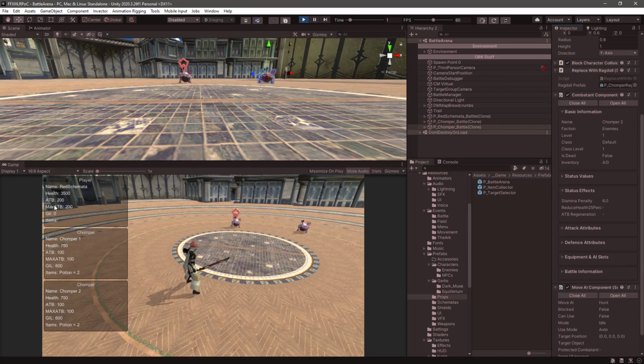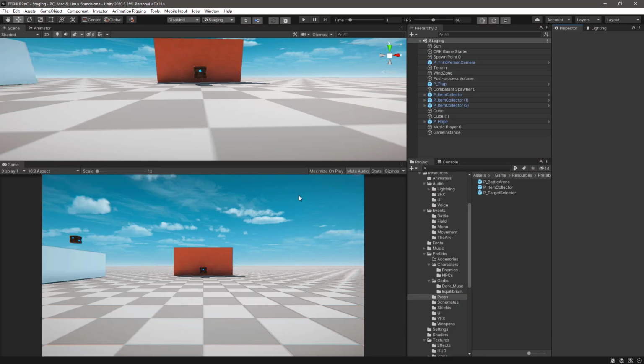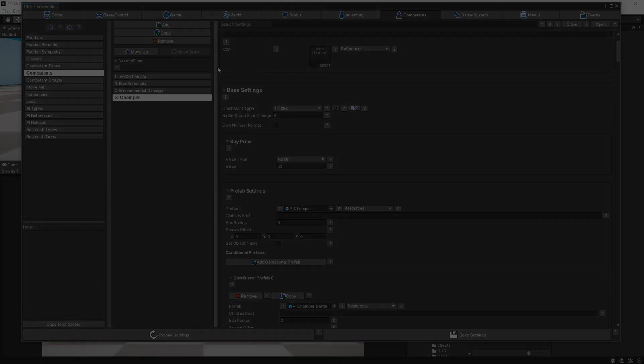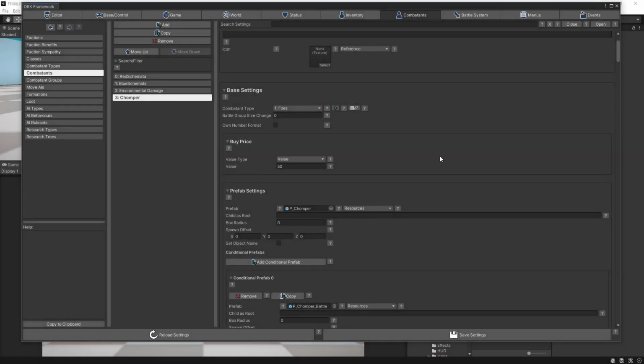What we need to do now is just to start the battle, decreasing the current ATB to see it working. So let's do that now. Ctrl P to stop the game, and let's open up ORK editor again. So there are two ways that we can do that. One is modifying the current ATB on each combatant, or the other way to quick test is go to the